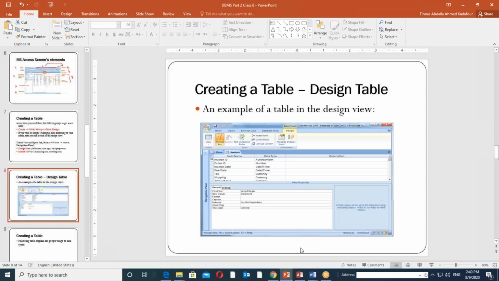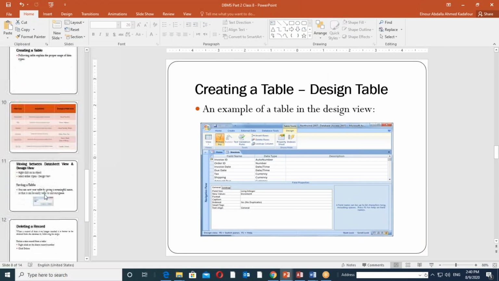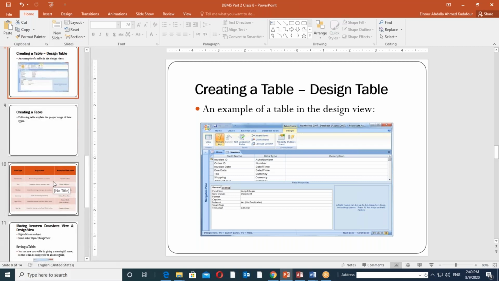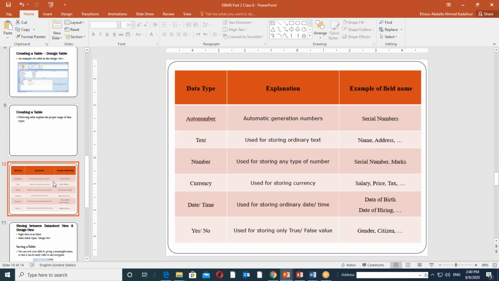So this is our class for today. Tomorrow, or the next class, I don't know, I'm going to talk in detail about this data type, with an example for each data type as well as the actual data to be entered within a field. So for today, class is done. Just now I will give you a session for